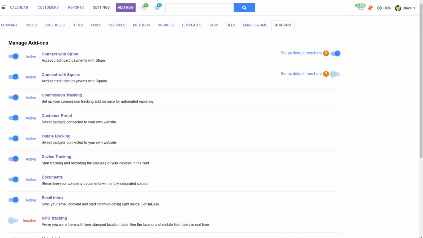Pro plan. First, we'll take a look at the portal settings and how it works. Then we'll take a look at the portal from your customer's point of view and go through the various options available to them. So the very first thing you need to do is enable the customer portal in your settings